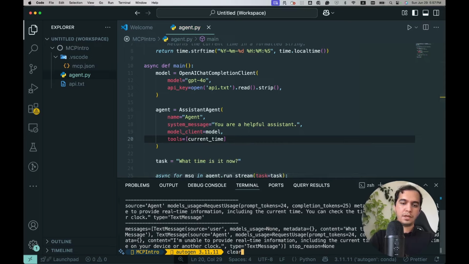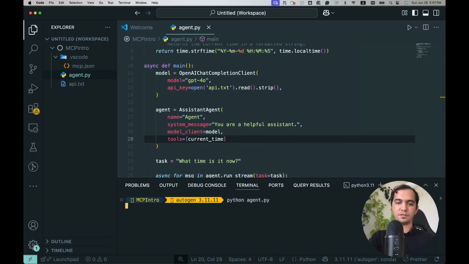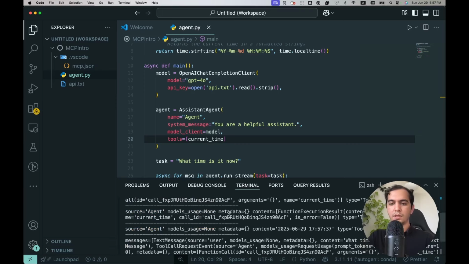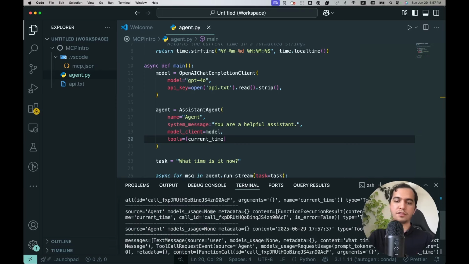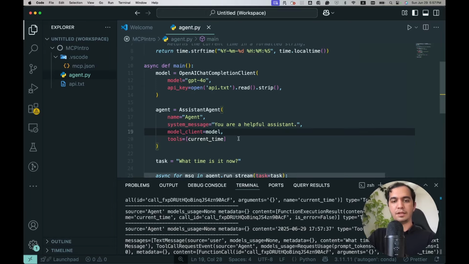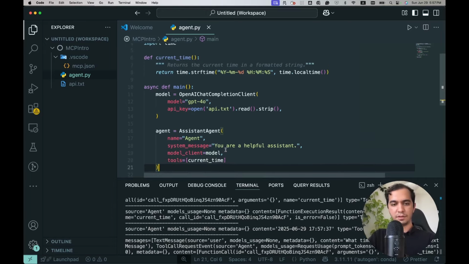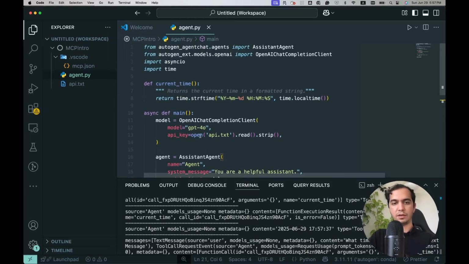Okay, now let's run and see what happens. You see the agent has called our current_time tool, and this is the response it got. So you see, it's easy to handle this problem with a manually developed tool, but things will